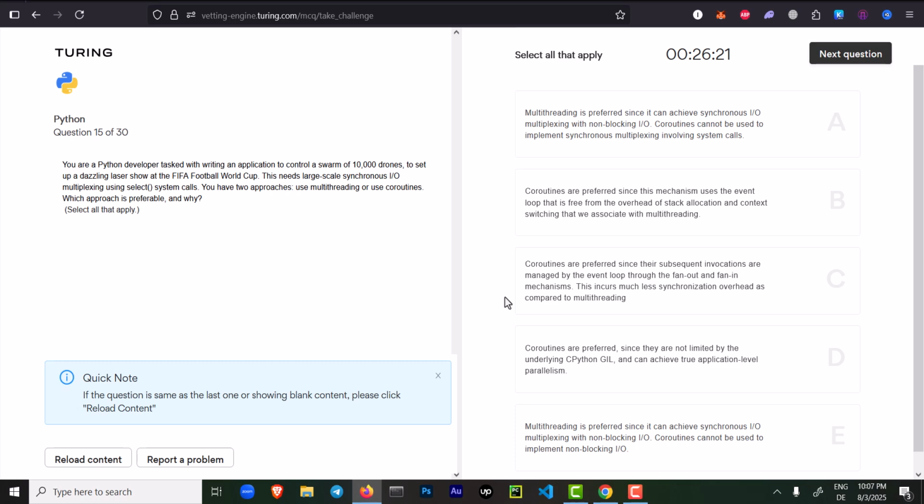Coroutines are preferred since this mechanism uses the event loop that is free from the overhead of stack allocation and context switching that we associate with multithreading. This is correct. Coroutines are preferred since their subsequent invocations are managed by the event loop through the fan out and fan in mechanism. This also looks correct. So I think